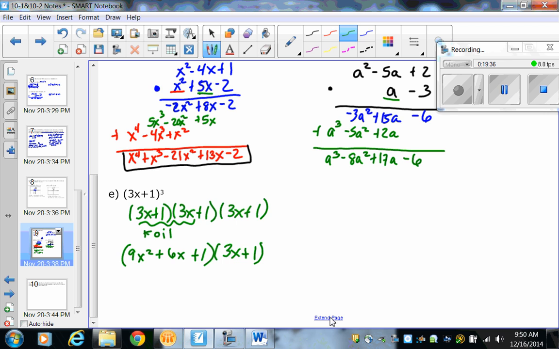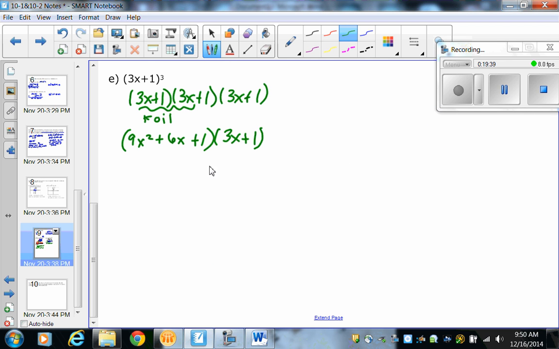And then from here, I'm going to set it up vertically. So I'm going to do the 1 first. So 1 times 1 is 1. That's going to be positive 6x